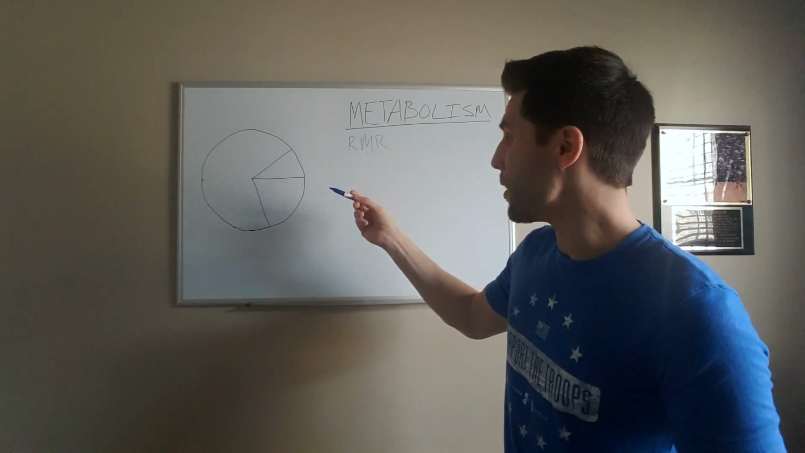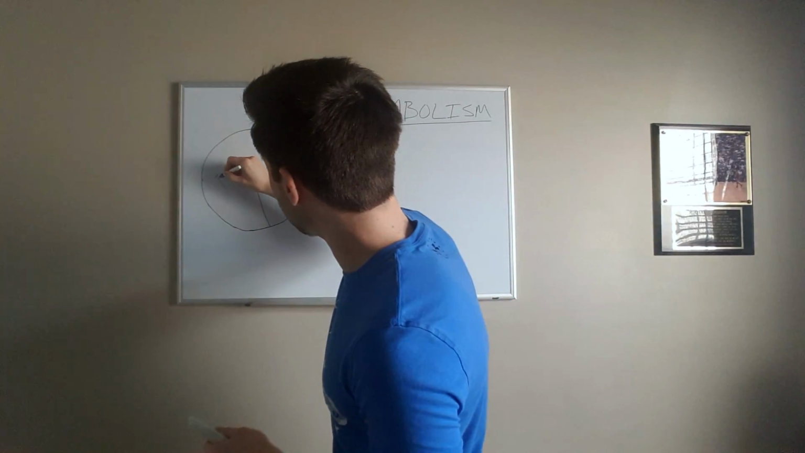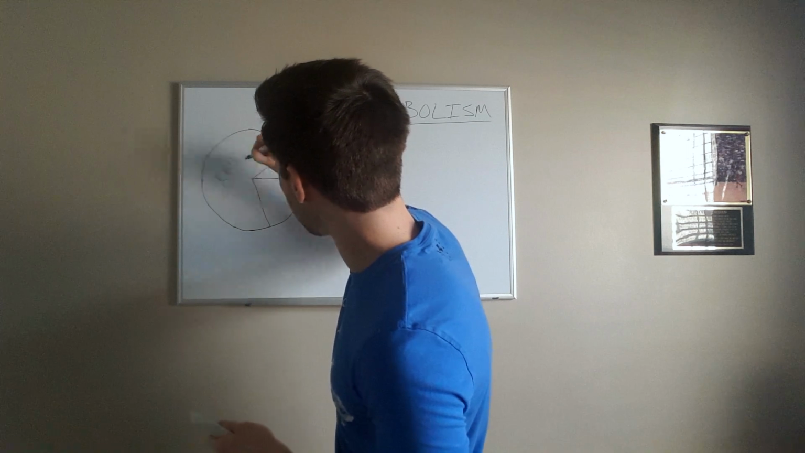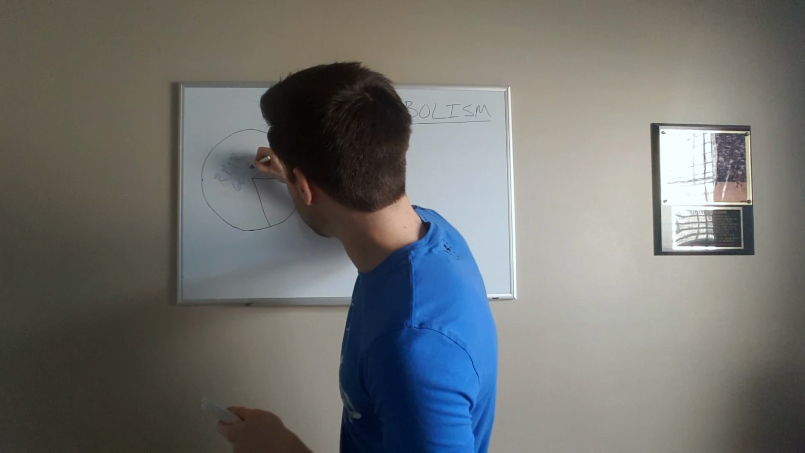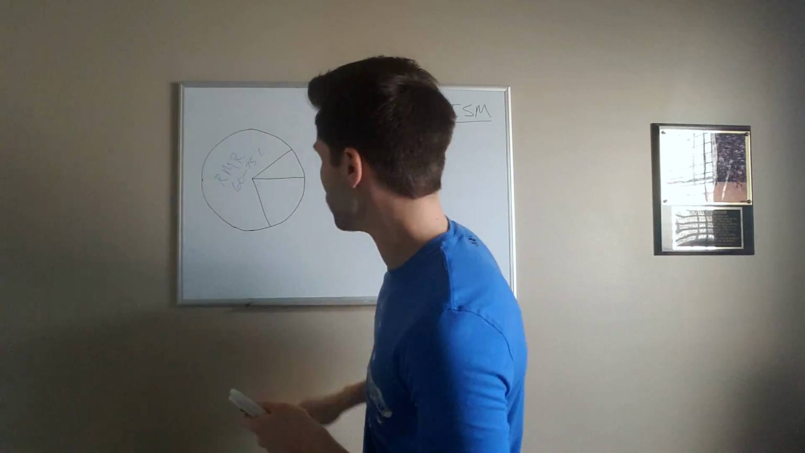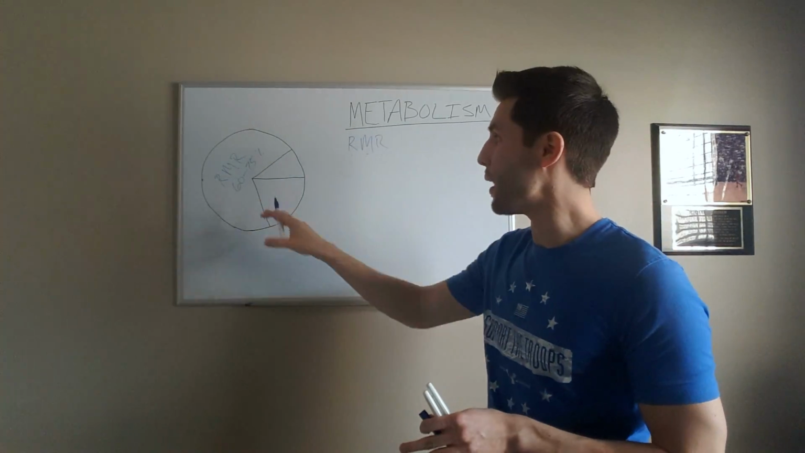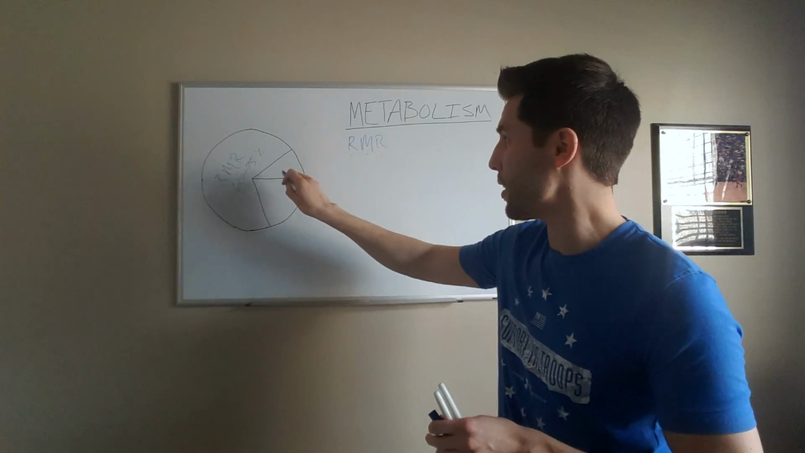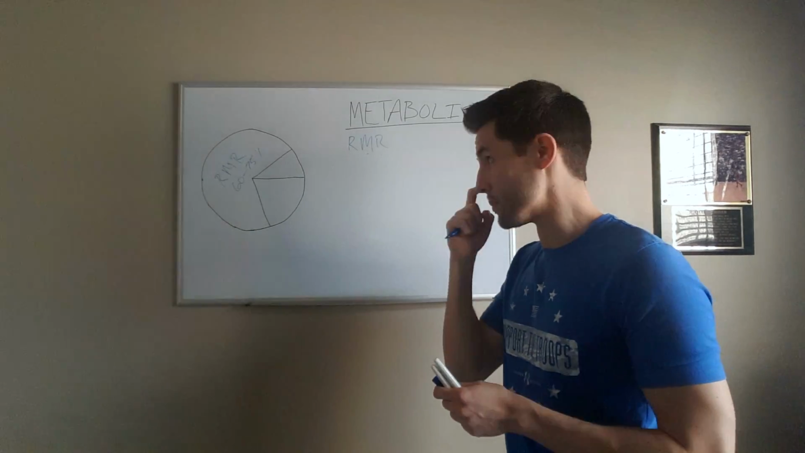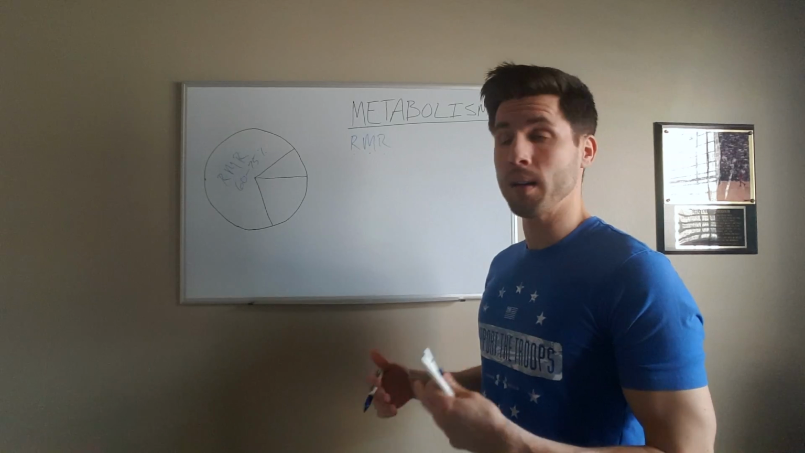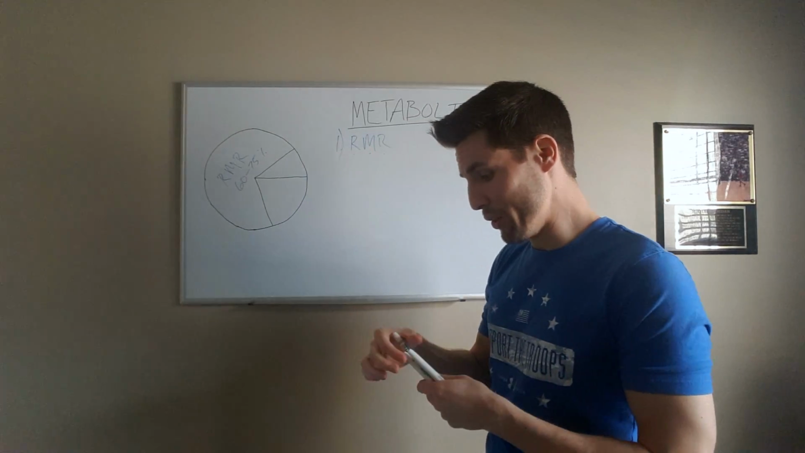So your RMR is actually the biggest piece of the pie here. Your RMR accounts for about 60 to 75% of your body needs. So that's a huge chunk of the pie. But there's still other components here that we can work on that will increase our metabolism. So number 1, resting metabolic rate. Number 2,